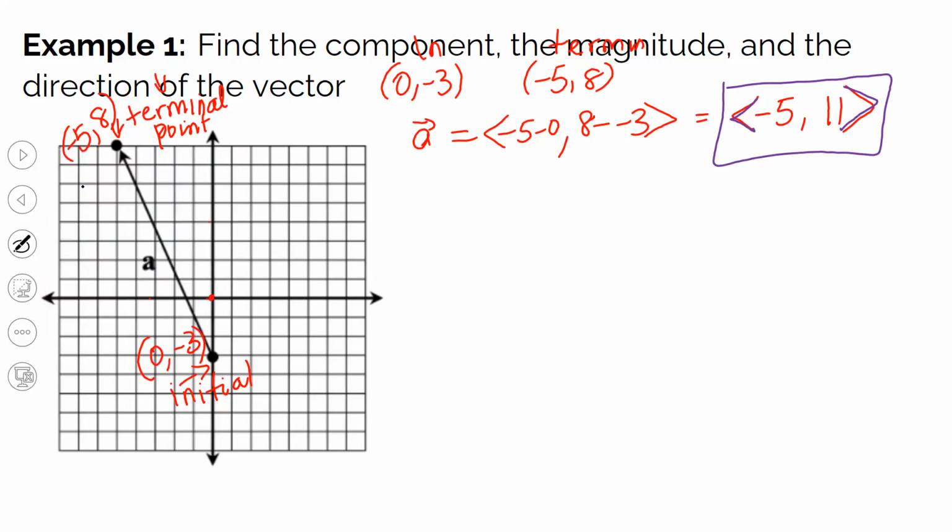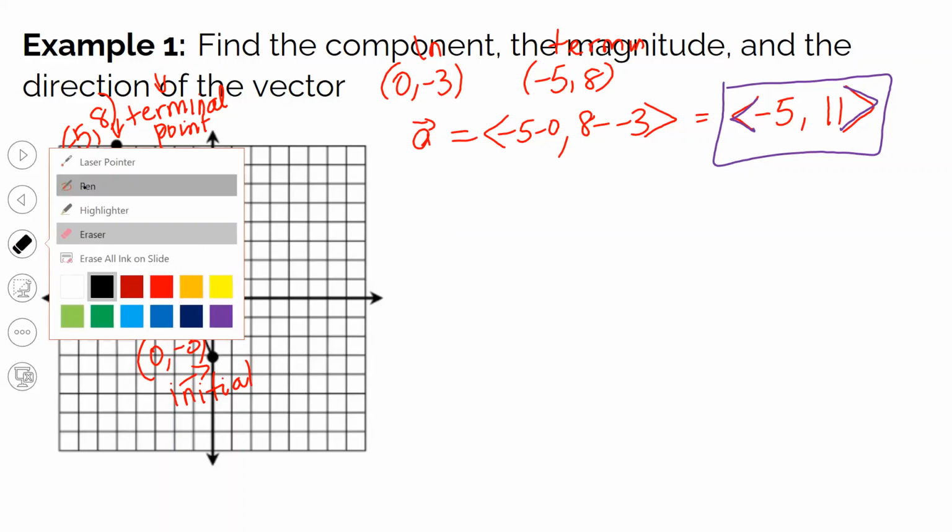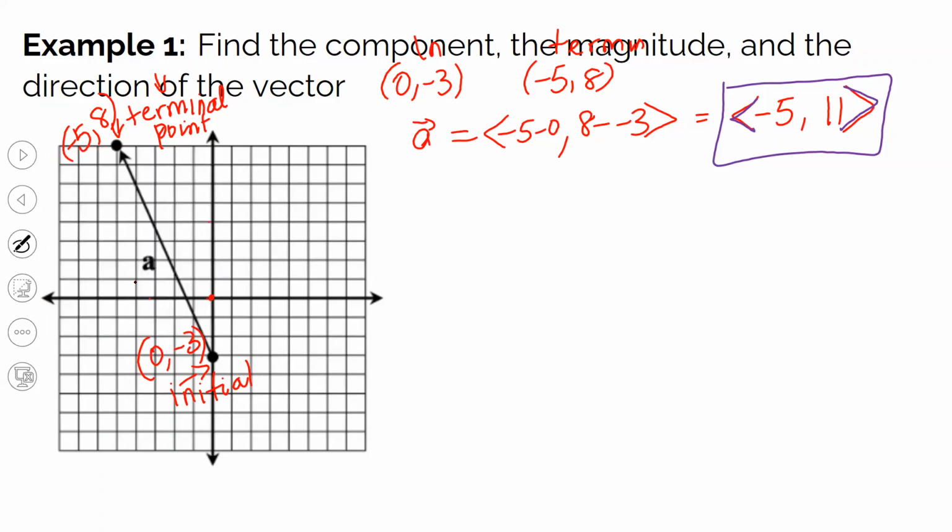So for the magnitude, if I want to find the magnitude of A, let's go back to red. Normally I can put one line around A, or you can write it as double lines. Normally I grew up using the single line, but it doesn't matter. Use either single line or double line for the magnitude.